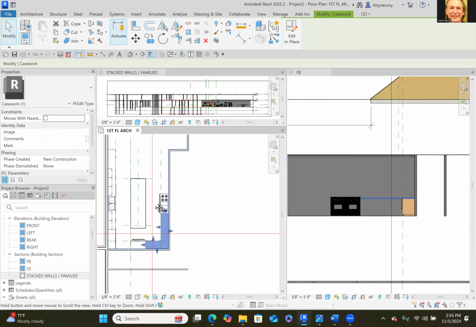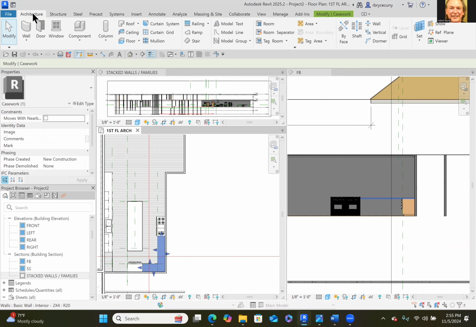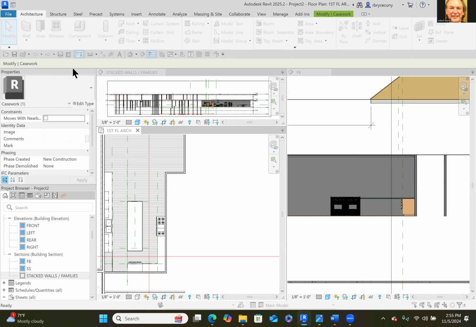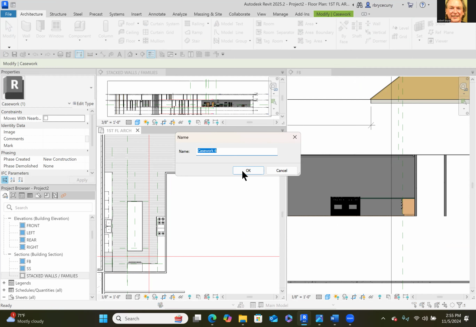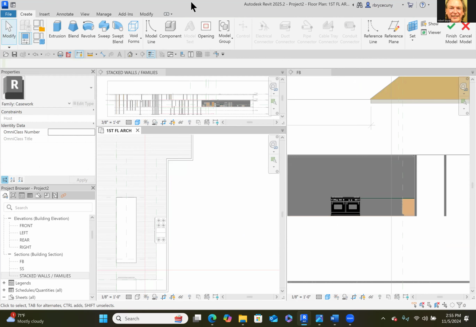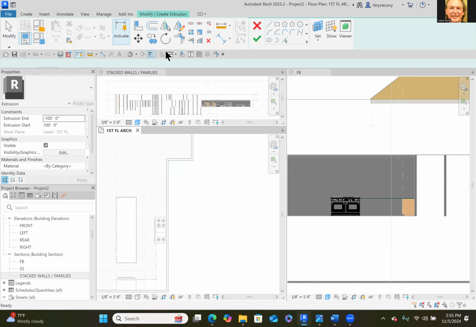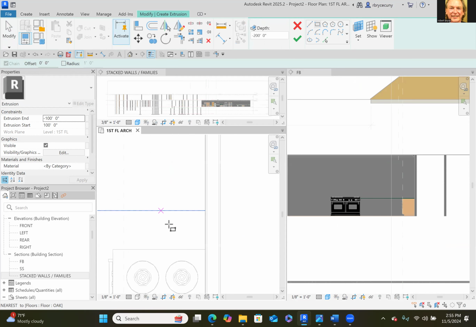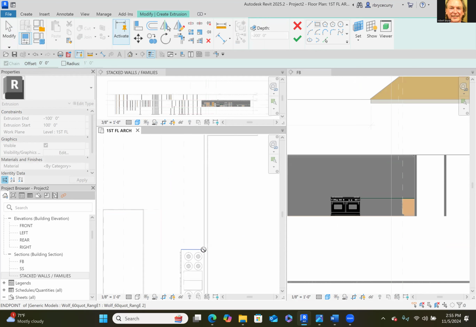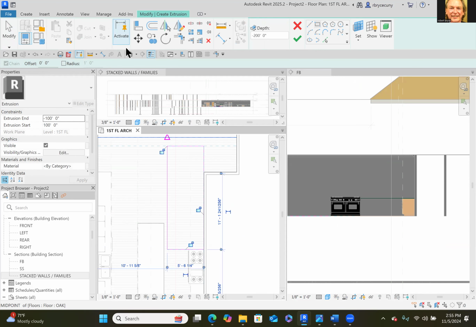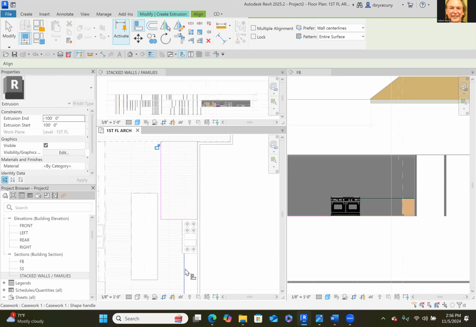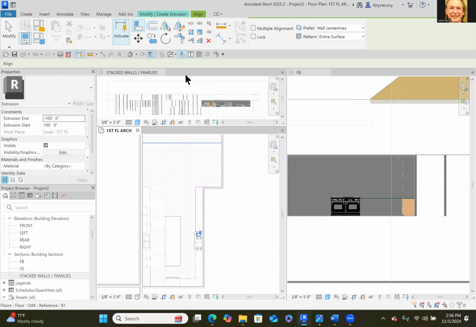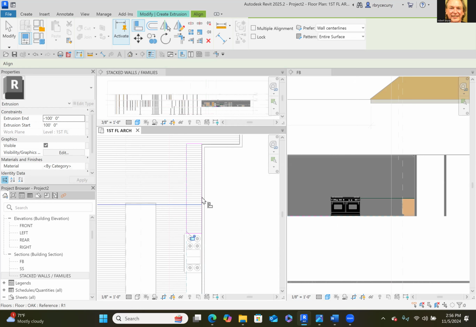And we can see that I need another countertop. So let's just do it. Architecture, component, model in place. So I did the drop down at the component, model in place, casework, okay. And I let that just default to whatever it says. And we're going to draw an extrusion. And we'll start right here, and we'll go over to there. I can be lazy and let Revit do the heavy lifting. And I know that I want these to line up, so I just use my align tool. I've got my countertop where I want it,